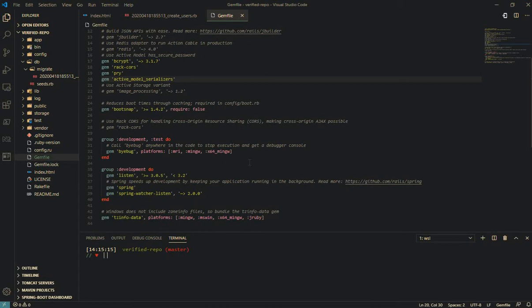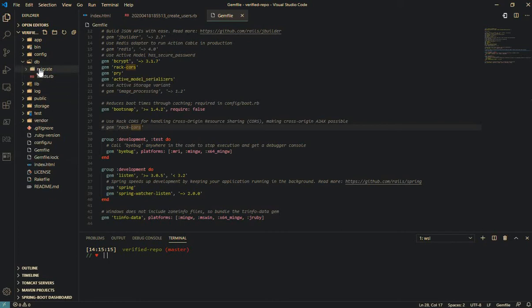Something I want to clear up from last time is that I thought I couldn't find the rack-cors gem in the Gemfile, and I put it there myself. Well, it's here. Boom. I totally forgot about it. But yeah, still a mistake. Cool. Alright, so now before I actually create the other table, let's look at the schema that we have,